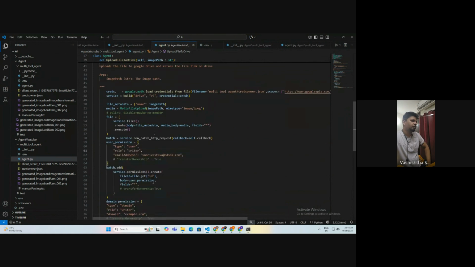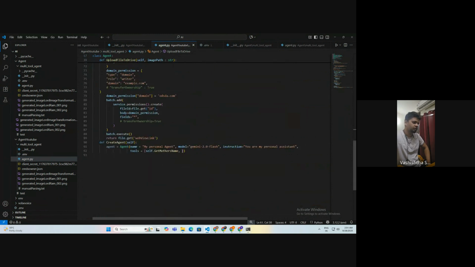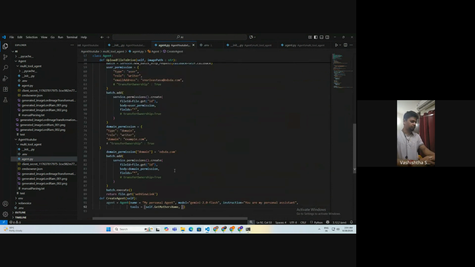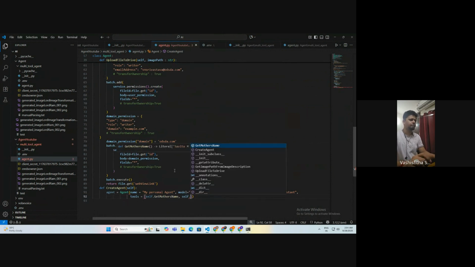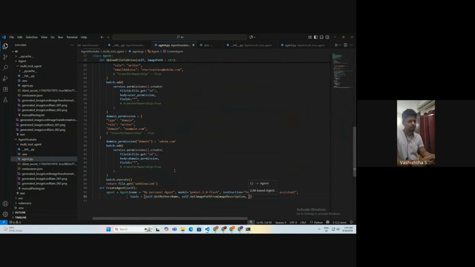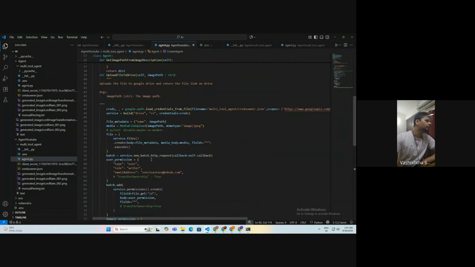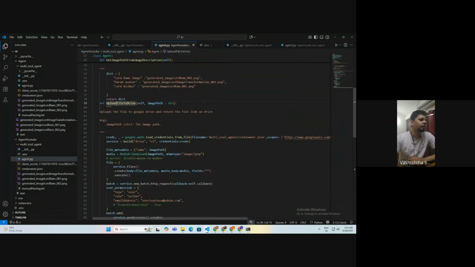So we now have the environment. We have client secret, creds, owner. We have all these files. What I'll do is pass these functions. Now here's one thing I wanted you to take note of. There's my upload file to drive function, which takes an image path. But in the command, I'm not going to give it an image path.